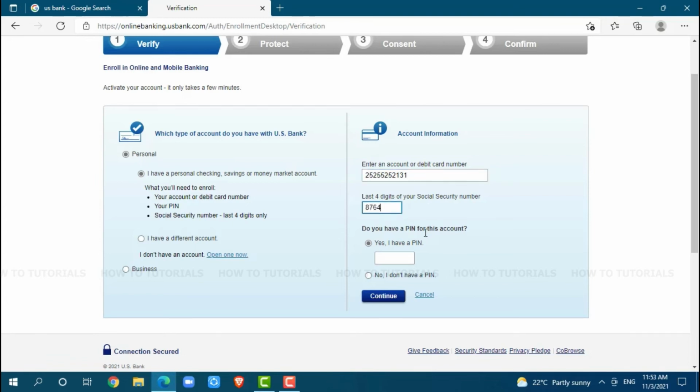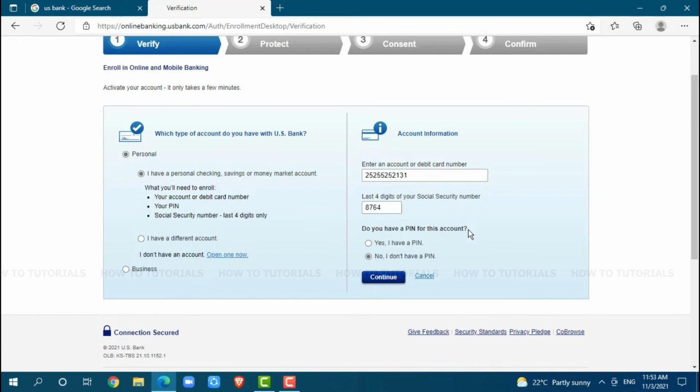Do you have a PIN for this account? If yes, then go in for providing the PIN number. If you don't have it, you can click on the checkbox, that is no, I don't have a PIN. After you fill up all the details, you simply click on continue, where you will be redirected to another